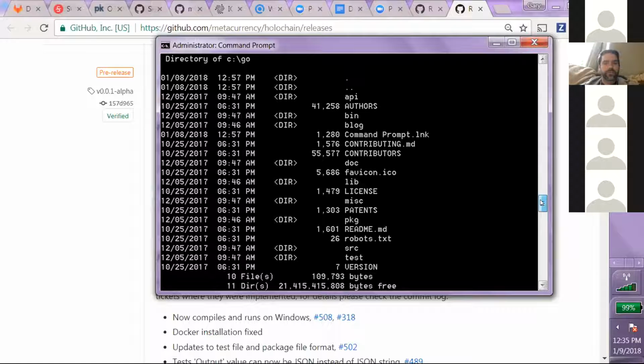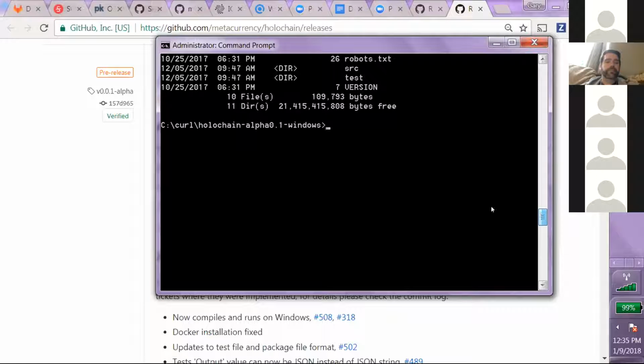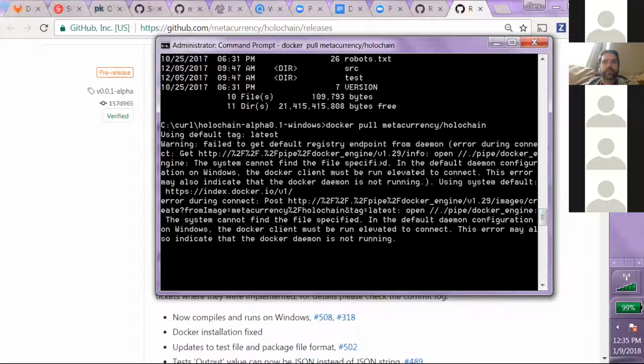Run that again. What was the error you're getting? Oh, yeah. So if I do docker pull metacurrency holochain. No, but you're installing the executable, right? You don't need to do a pull for Docker then. You just run hcdev.